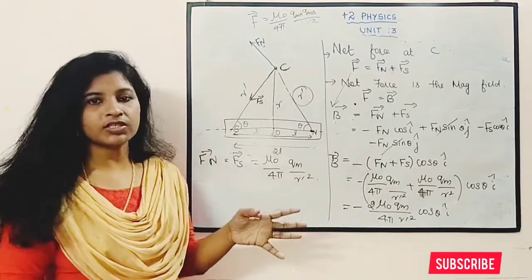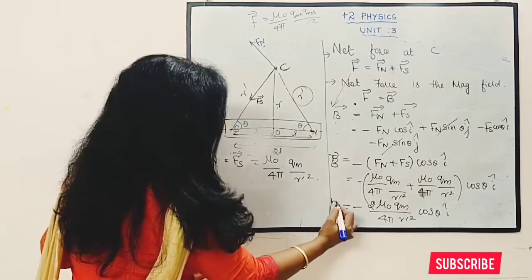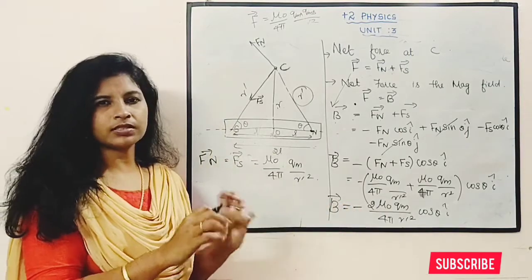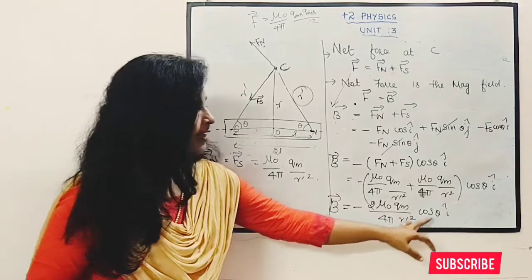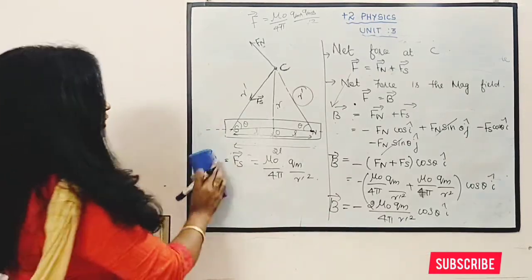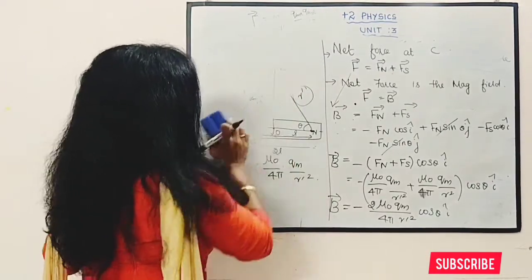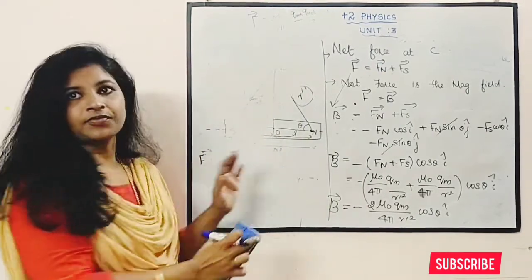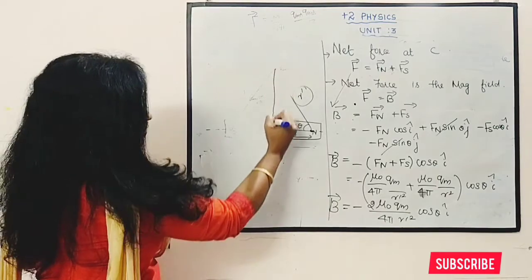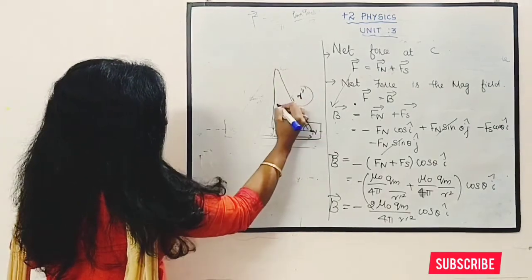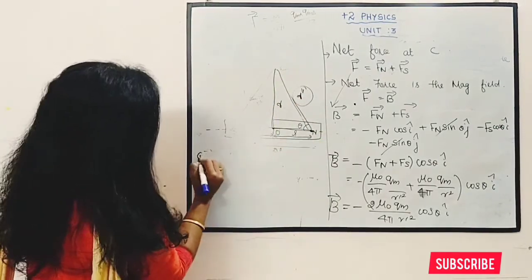Okay. Now, this is the main thing. Hereafter we are going to do simple calculations, that is simplifications. Okay. What is r dash? What is cos theta? That we want to find out. Let us find out what cos theta is. Okay. So what is cos theta? Please see this figure and write what cos theta is from this.